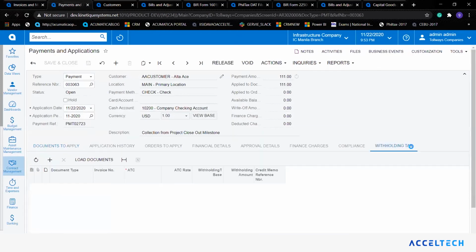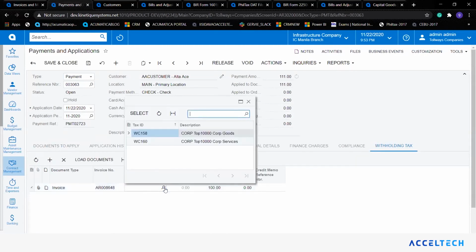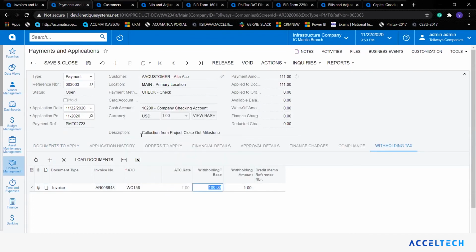As you can see, that is already net of withholding tax. And from here, I just have to load the documents, and select what ATC code is applicable in this transaction. So let's say, for example, I'll be using WC158. The withholding tax base and the withholding amount is automatically computed already by Acumatica. And when I release this one, it would automatically post the payment, and it would automatically create a credit memo reference number. So this credit memo represents our